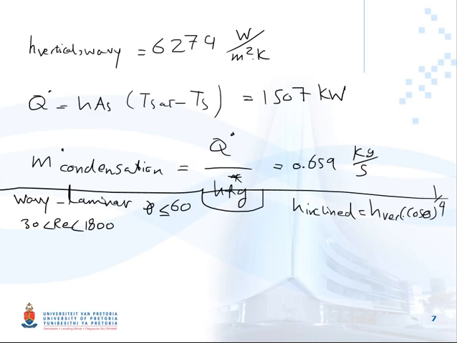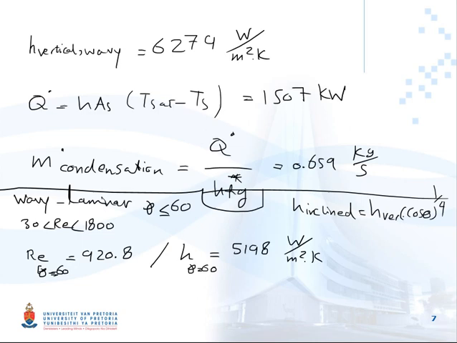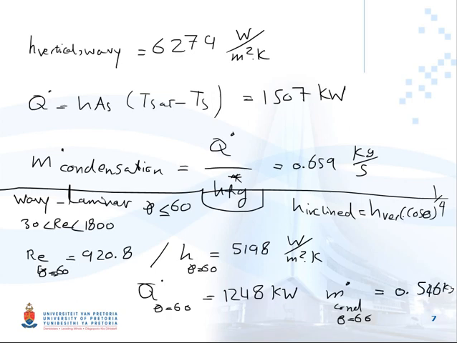So first the Reynolds will be 920.8. H at 60 will be equal to 5198 watt per meter squared Kelvin. Q dot at 60 is equal to 1248 kilowatt, and m dot condensation at 60 is equal to 0.546 kilogram per second. But if you compare it, you see that H is lower,